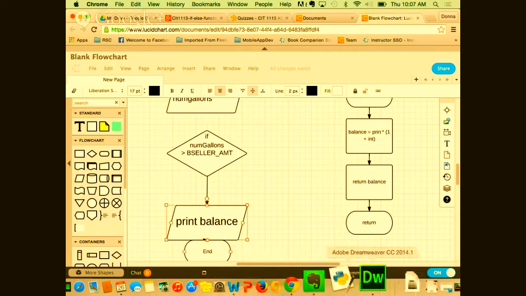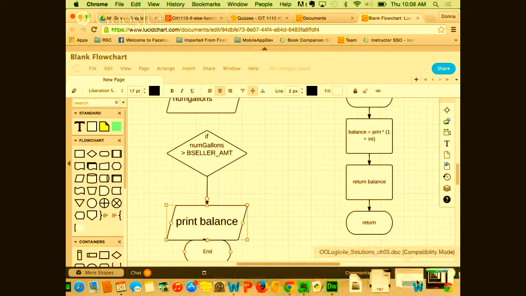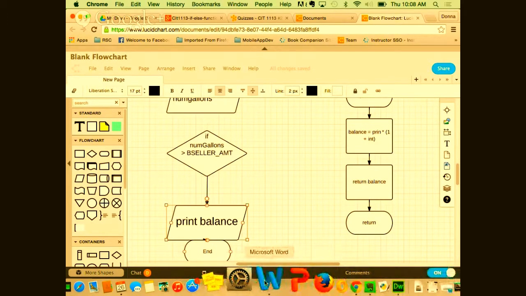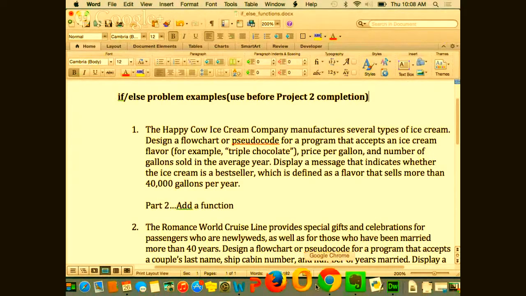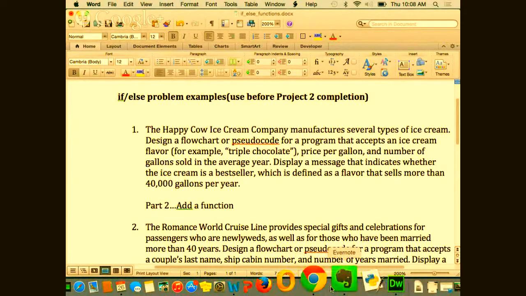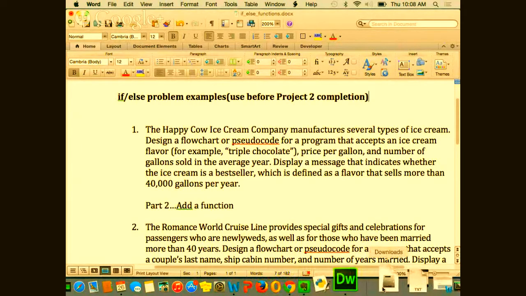Y'all forget the problem? What did it tell us? If it is greater than 40,000, what's the only thing we do? Display the flavor that is the bestseller. Right. Display a message that indicates that that one is. So we would go,